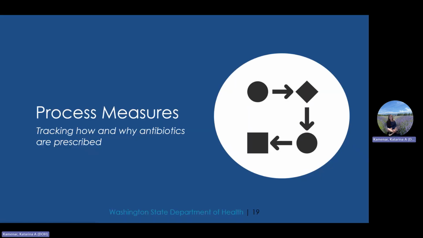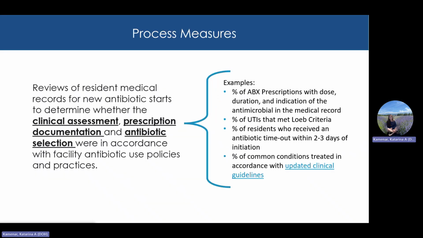Next, we'll cover process measures, which track how and why antibiotics are prescribed in your facility. Tracking process measures requires reviewing resident medical records to determine if new antibiotic starts meet your facility's policies for clinical assessment, prescription documentation, and antibiotic selection. Process measures tell you how well staff are adhering to your stewardship program's policies and highlight areas of success or areas that need improvement. Reminder that you need to track at least one process measure to meet the tracking core